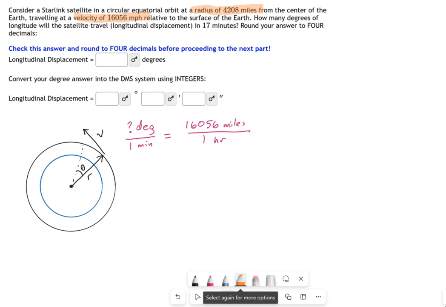So the question is, how far, measured in sort of a degree system around the circle of the Earth, how far has the satellite traveled in a certain amount of time, which is 17 minutes? So what I'm going to do is set up what I want on this side. I have my degrees per minute. That'll tell me how many degrees each minute this satellite is going. And on the other side, I've set up the best I can do, the speed in miles per hour of this satellite. Okay, that's this v right here, the linear velocity perpendicular to the height above the Earth.